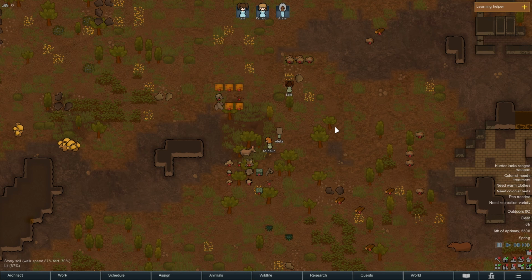And if you want to know the ins and outs of why, you can check out my other Rimworld guide, Beginner's Guide Setting Up, which you'll find in the link below, as well as over on my channel and in the Rimworld guide playlist. So let's get started with probably the most basic controls that there are, which is movement